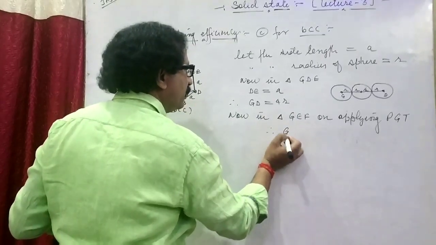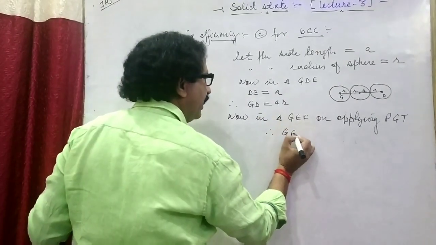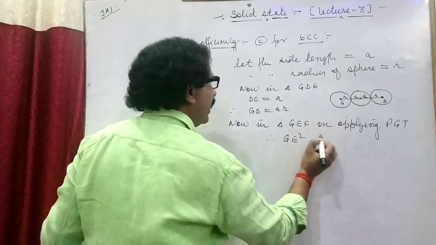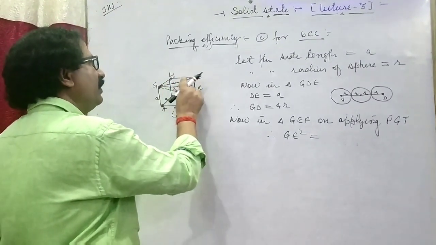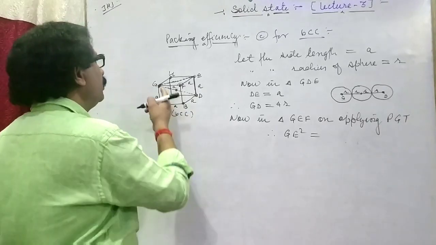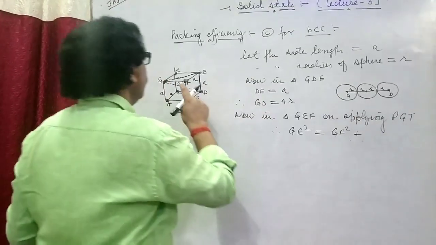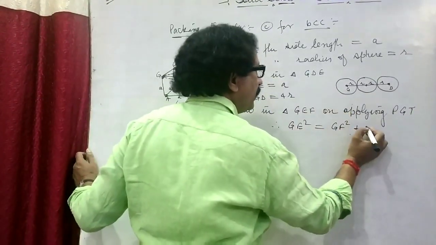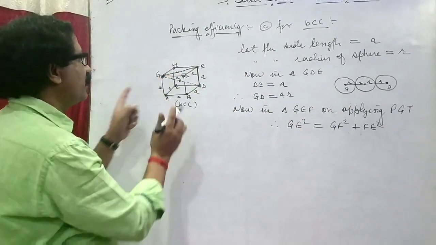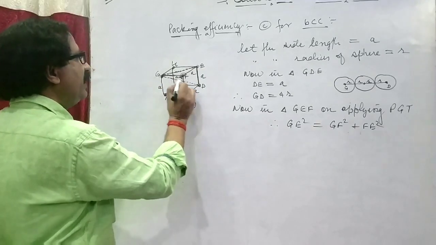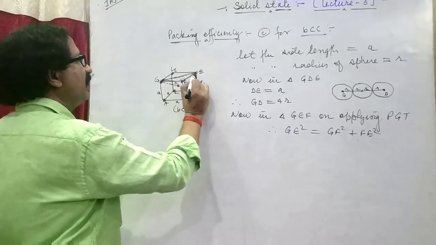Therefore, GE, ये डायगोनल देखिए ध्यान से, GE स्क्वायर इज इक्वल टू, ये जो इसका डायगोनल है इसका हाइपोटेनस है, GE square is equal to GF square plus FE square. This GF square, this one line, this GF square plus FE square, and this one is the